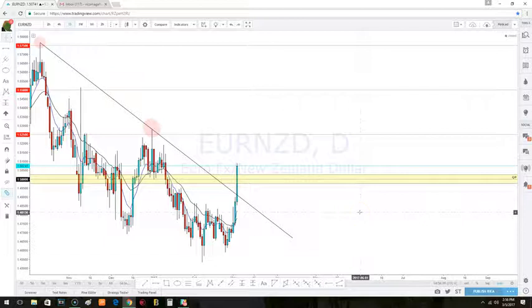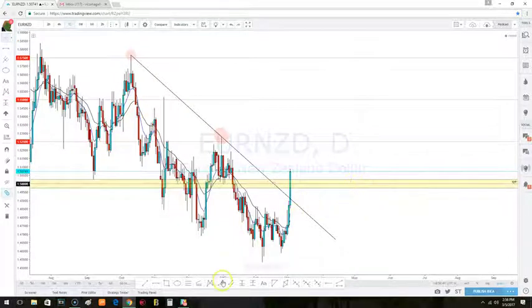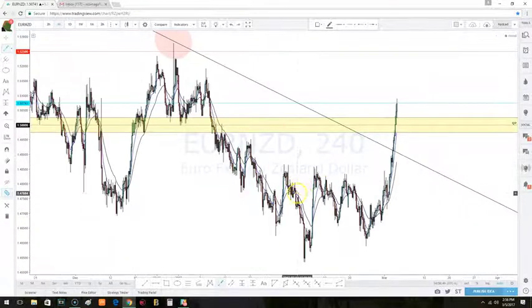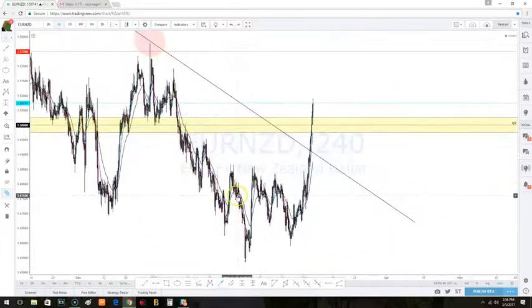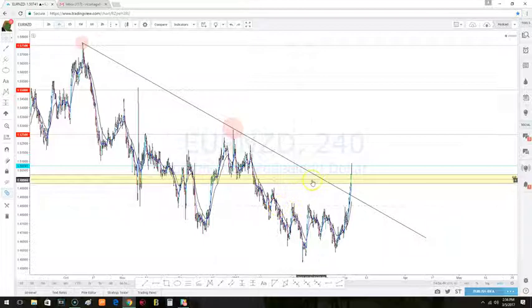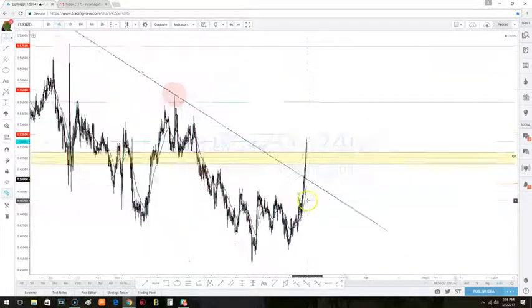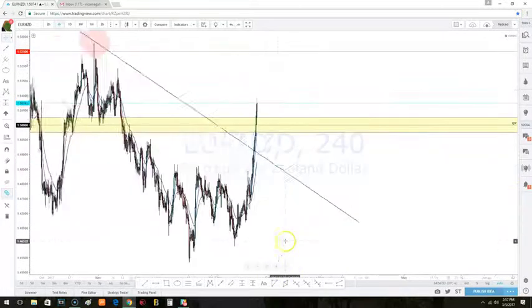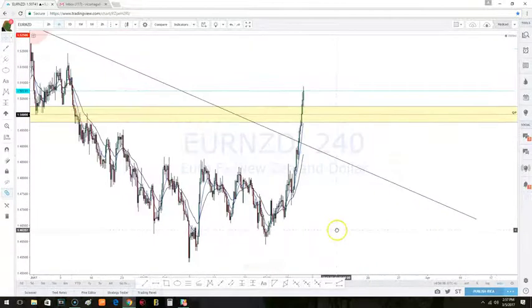Now that we have our targets, let me go to the 4-hour chart. It's a little bit easier to see. See those red lines? Those are minor quarter points. Those are going to be our targets for this uptrend. Honestly, I expect something like this, some type of correction, and then a takeoff again. Maybe consolidate here for a little bit, mess around, and then we finally get a clean break